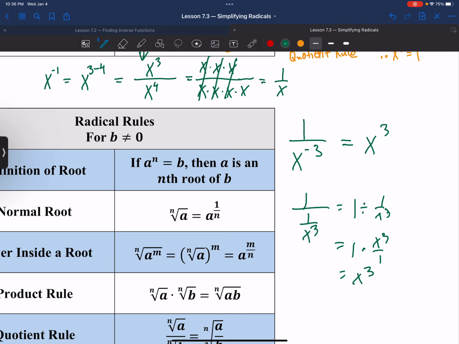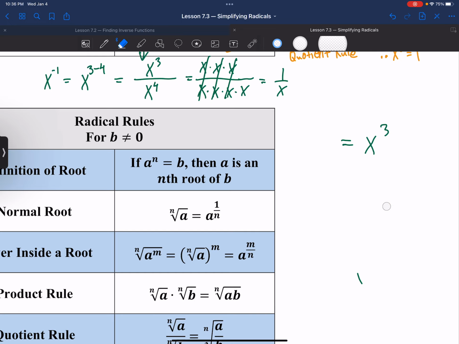I know this isn't necessarily radicals, but part of this unit does include rational exponents, so this is where we kind of start that conversation, because you are going to encounter these things as we work with radicals. Okay,